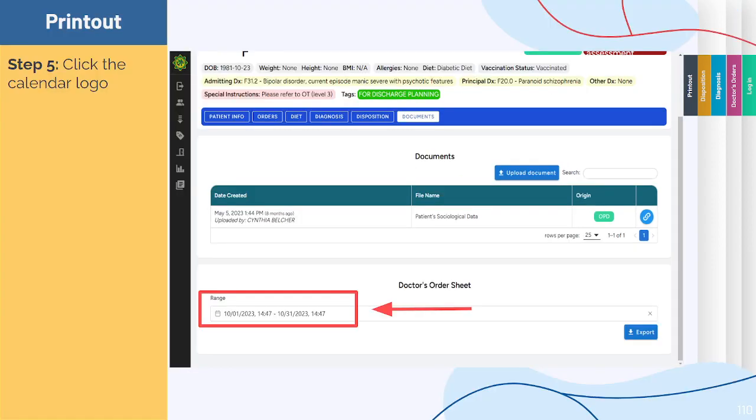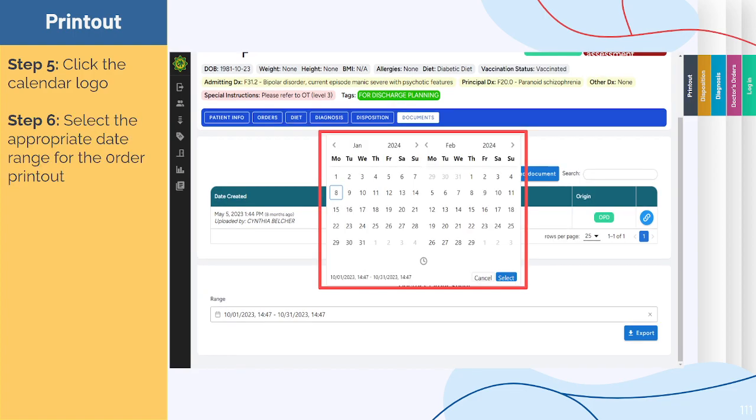Next, scroll down and then click the calendar logo. Select the appropriate date range for the order printout. This means that you can only select multiple days of